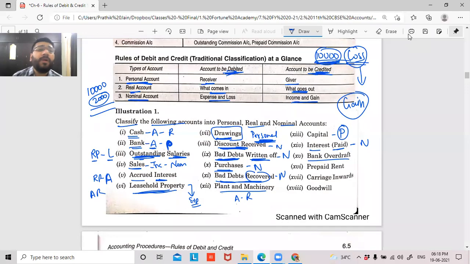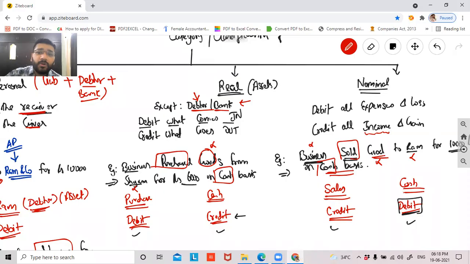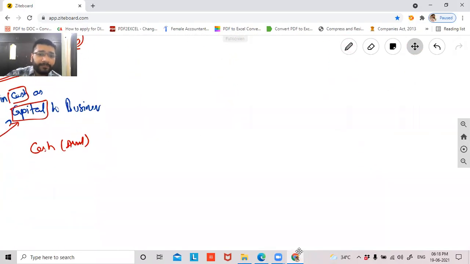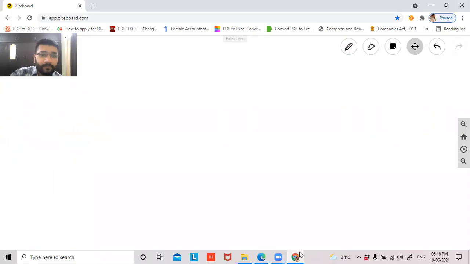Now, bank overdraft. What is the meaning of bank overdraft? So guys, normally when I open a bank account, who puts money into the bank? We put money into the bank. Normally, if I go to the bank and open a bank account, have you opened a bank account for yourself? Anybody here? No? Anybody got a minor account? Because all of you should be less than 18. So anybody got a minor bank account?